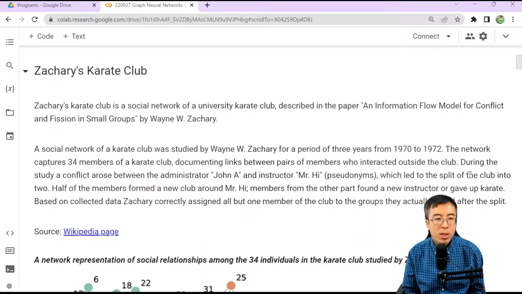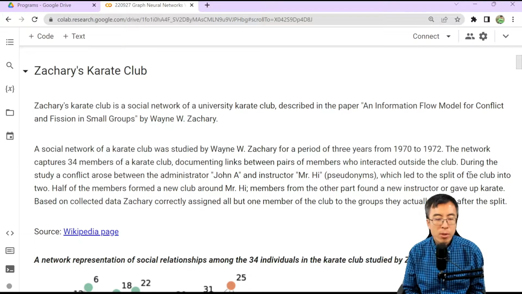First, let's talk about Zachary's karate club. Zachary's karate club is a social network of a university karate club described in the paper An Information Flow Model for Conflict and Fission in Small Groups by Zachary. The social network of the karate club was studied by Zachary for 3 years, from 1970 to 1972.